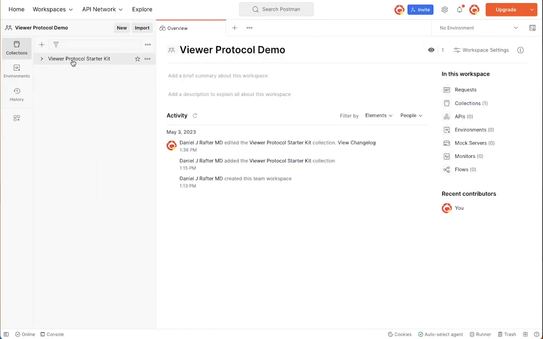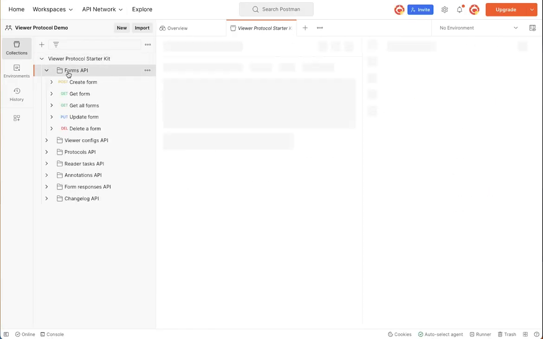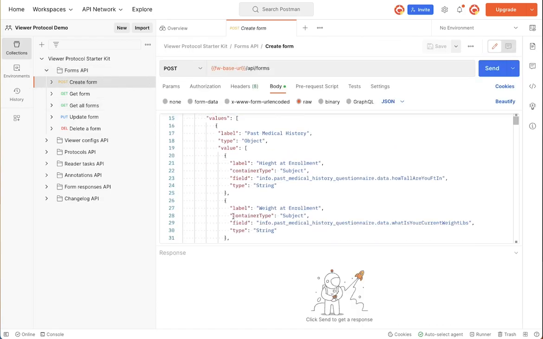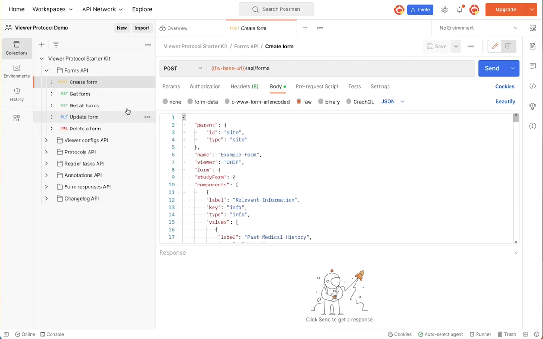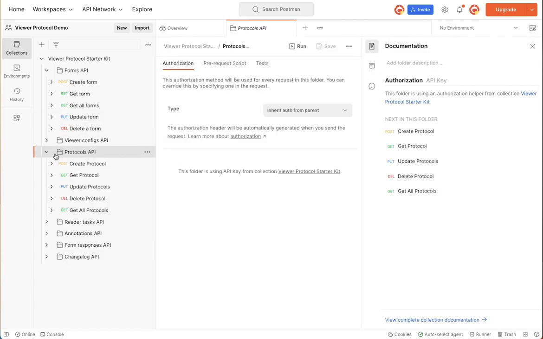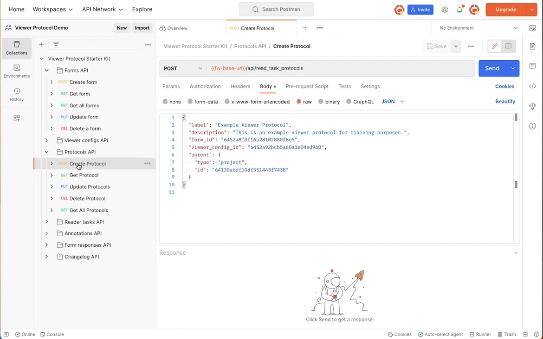Navigating to your Postman account, open the Forms API folder and the Create Form call. Then open the Update Form call. In the Put Entry field, note that the form ID is needed to make edits. This can be found in the Create Protocol body in the Protocols API folder. Copy and paste the ID into the Put Call Entry field